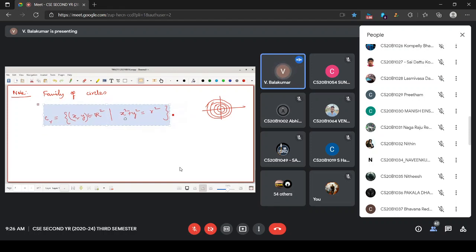Let me say, let R belong to natural numbers. Then I'm having a family of circles. Or I can say this as a family of sets. Each set is described as a circle here.